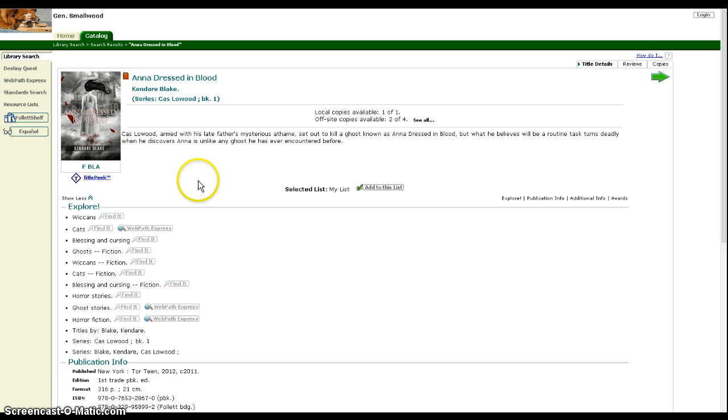You notice that when we did a keyword search, if we had cats in the title, it showed up there. In the summary of the book, it showed up there. A subject search shows up only when it's in those few places that I showed you. So this is titled Explore. It's basically the same thing as your subject search. So if you notice, you see cat fiction, it shows up there. So that means that somewhere in this book, it talks about cats, or there's a theme around cats, or something